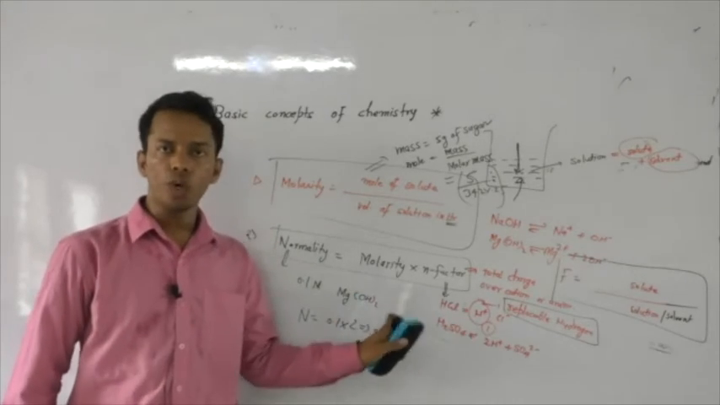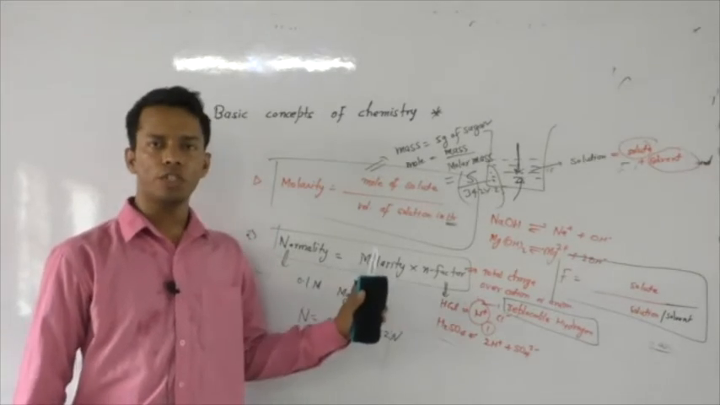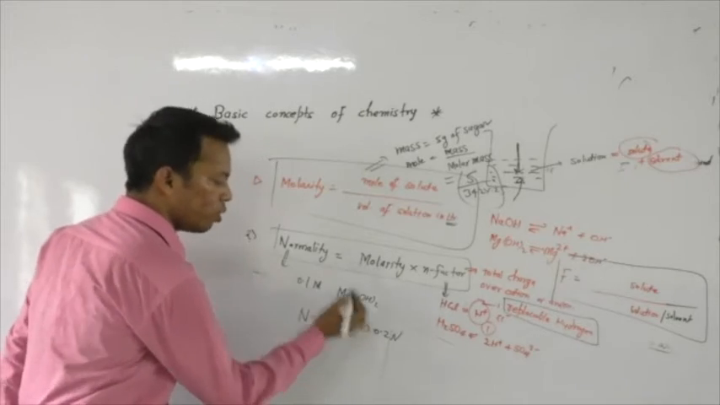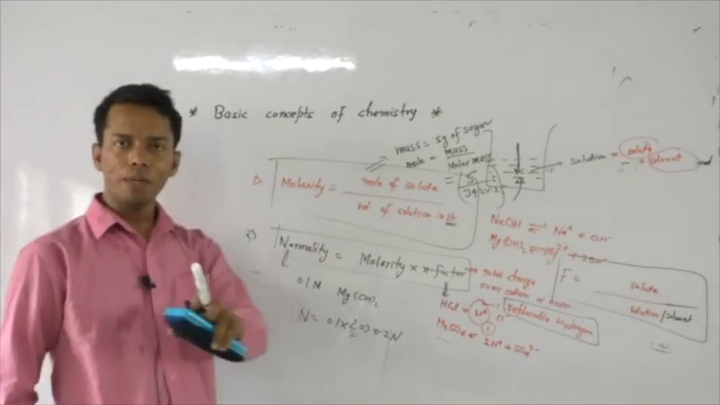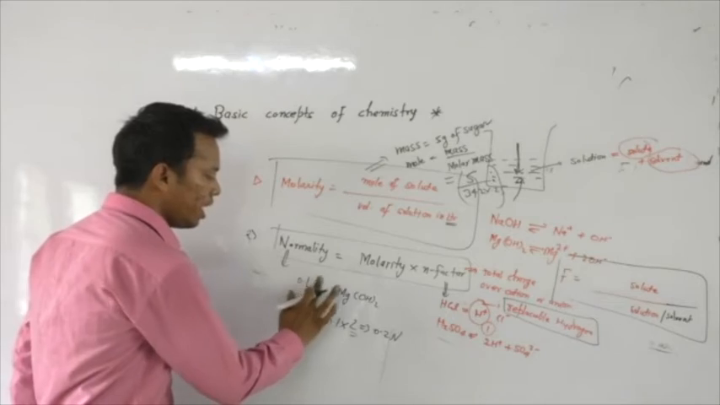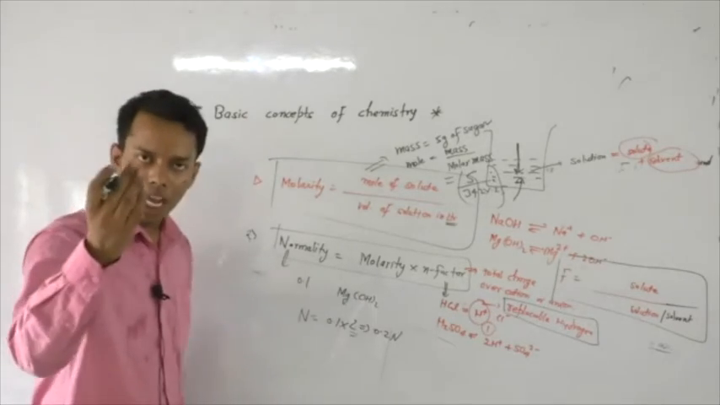Mg2+ and 2OH-. So 2 minus charge and 2 plus charge means what? Again 2 will only come. So 0.2 normal. But sometimes in the numericals you will see, instead of giving molarity value,